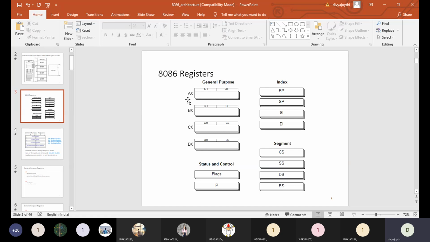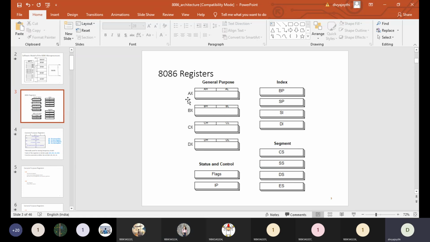So remember that the counter register is used while the programmer is working with string related operations or logical operations. Guys, am I clear? Yes, ma'am.